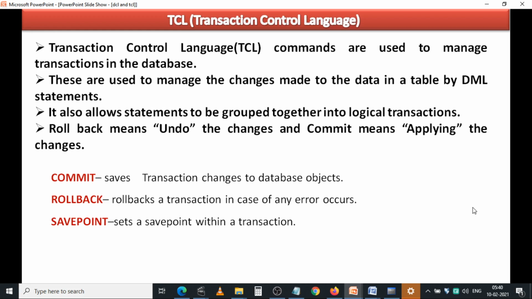So in order to manage the changes made to the data in the table by DML statements, we are using transaction control language commands.